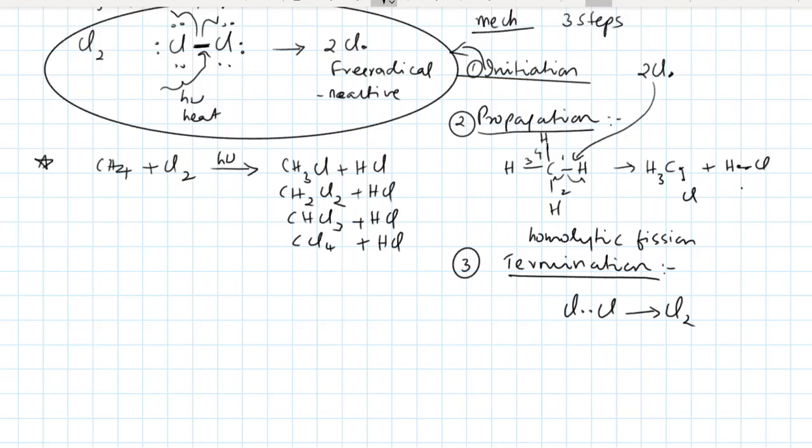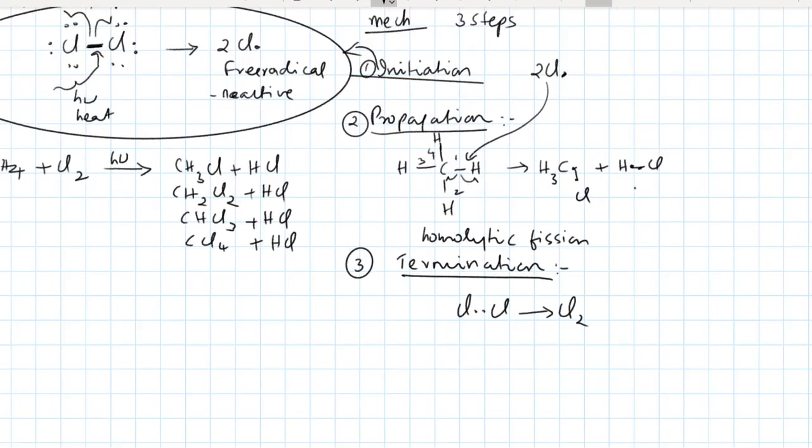You can also have a product like this, since the methyl free radical that is formed here can also combine with another methyl radical to form ethane. So you will also get ethane, where a dimerization will take place, as one of the possible products in the case of free radical